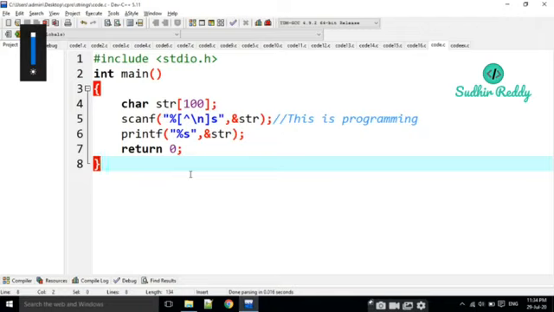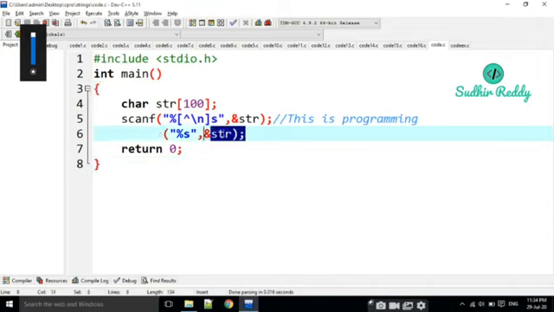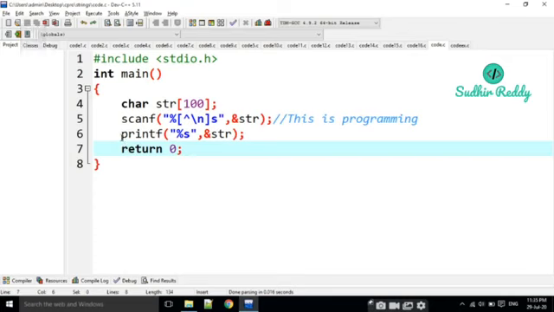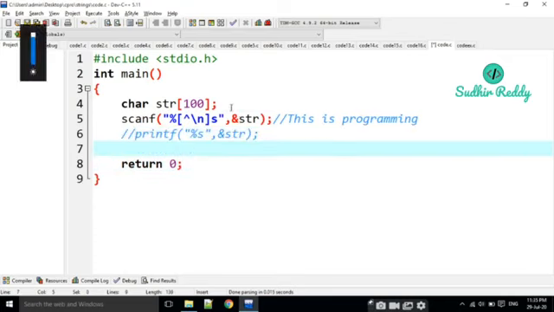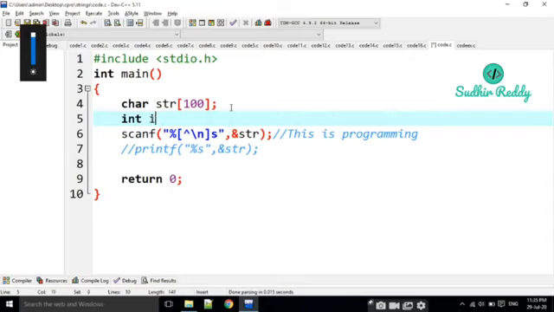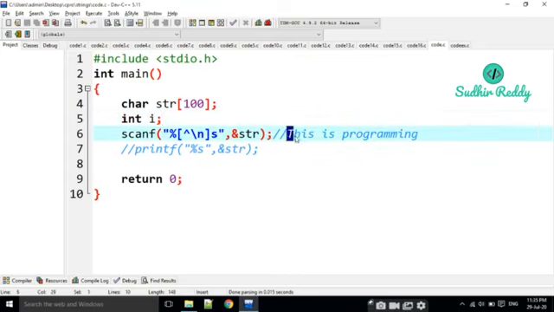And now I am going to trace the string character by character to the end of the string. Then how am I going to write? I am going to comment this one out. For tracing, I am going to take int i. Why? Because this is also similar to an array, right? This is index 0, 1, 2, 3, 4, the space is index 4, like this it is going to be taken.